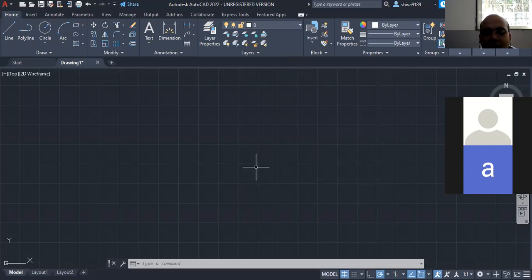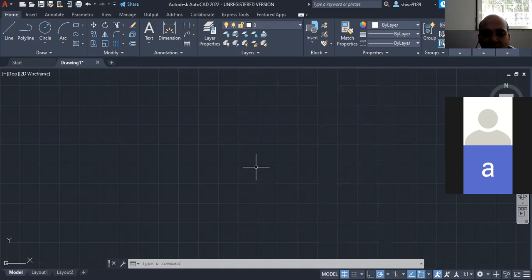Students, is it clear? Whenever you have to come out of the command, press escape. That is what you have done with the units. Now talking about the limits, you will type limits, enter.